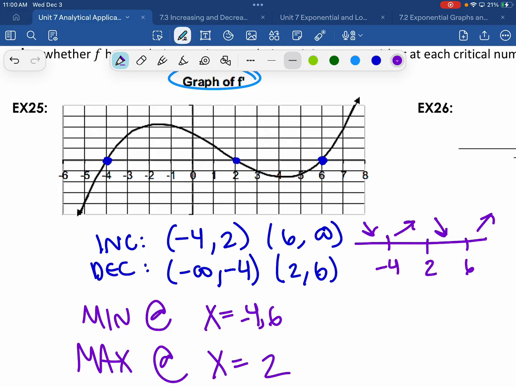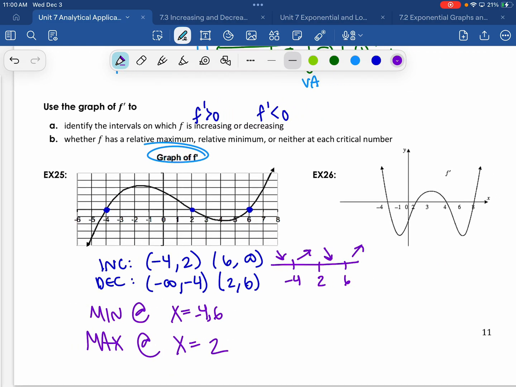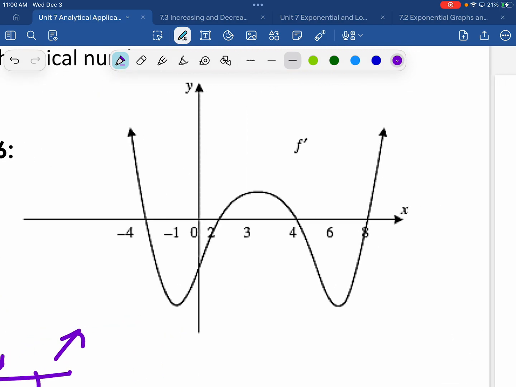So minimums have to go on the graph negative to positive because minimums go decreasing to increasing. So your derivative goes negative to positive for minimums. Maximums go positive to negative. Does that make sense when you're looking at your graph? Okay, so on this one,